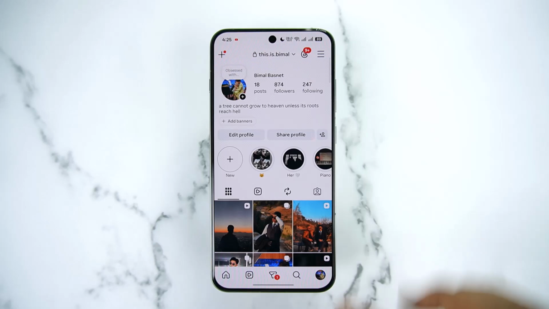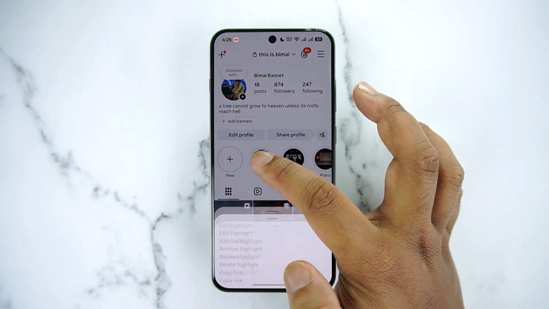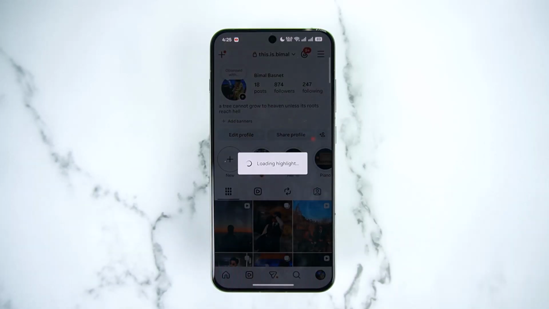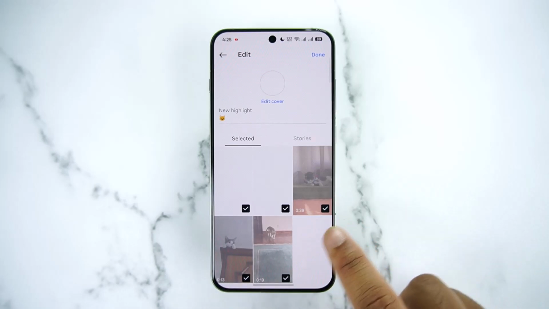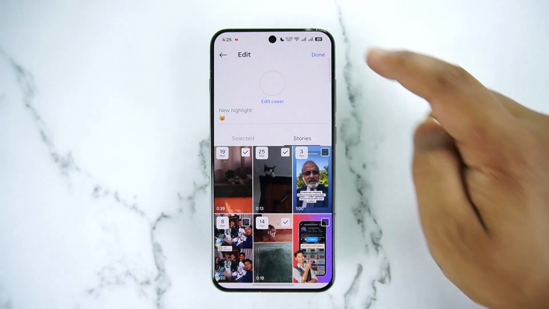Let's say in the future you want to edit that highlight. So maybe you want to add or remove it. For that, you just long press that particular highlight and tap on the edit button. And when you tap the edit button, basically you can choose to uncheck these if you want to remove this, and go to stories tab to check new stories that you want to add to your highlight